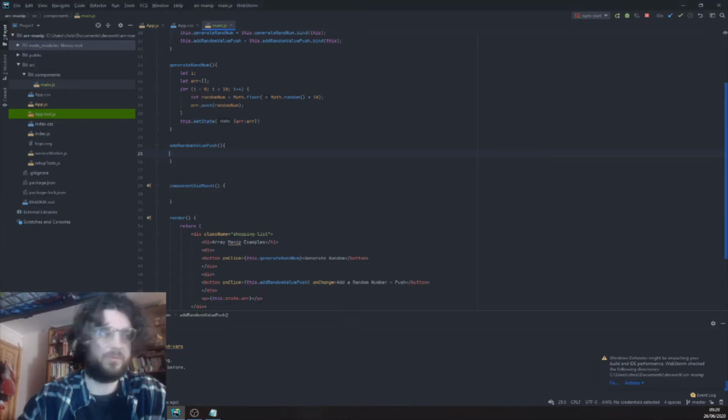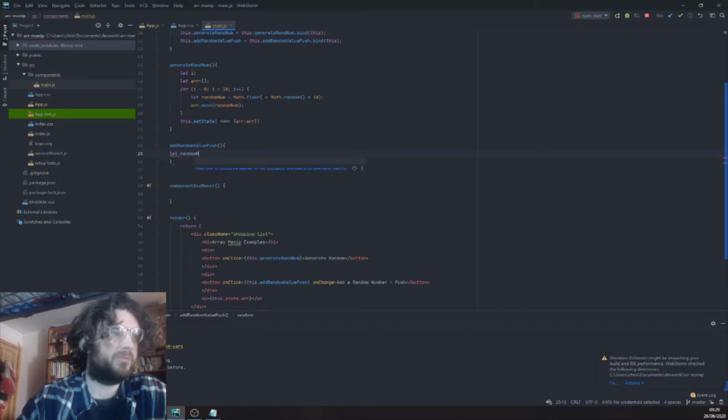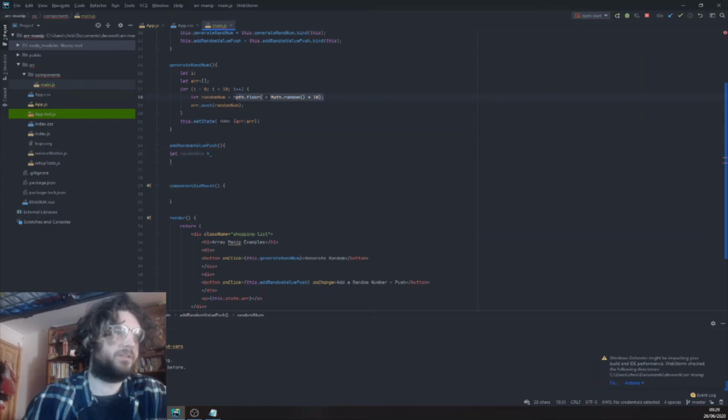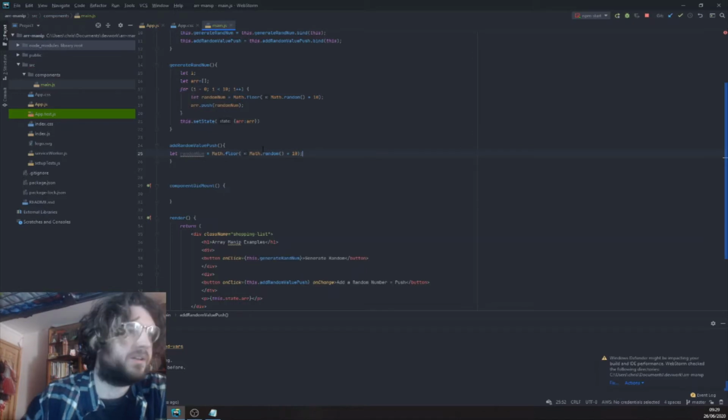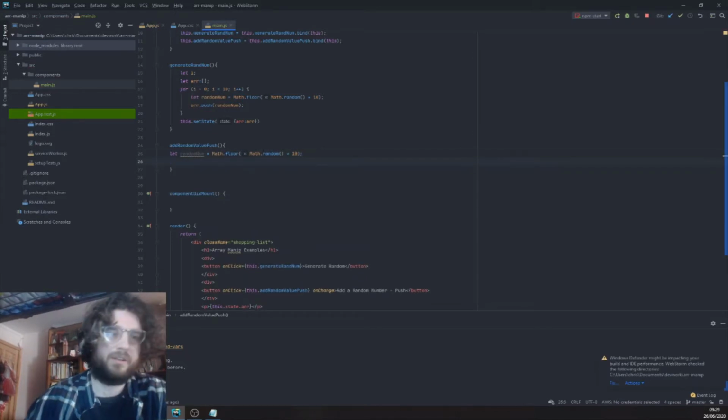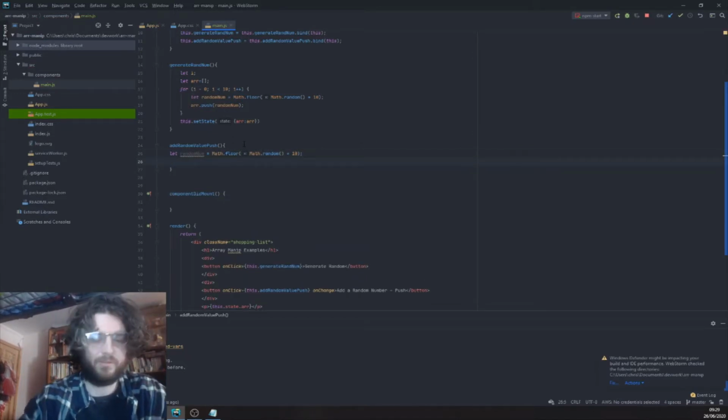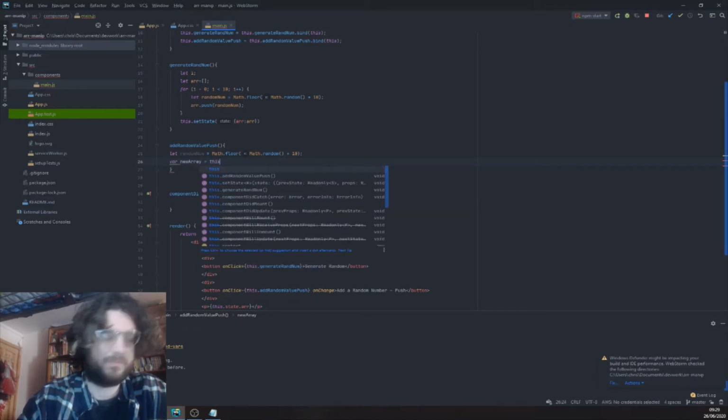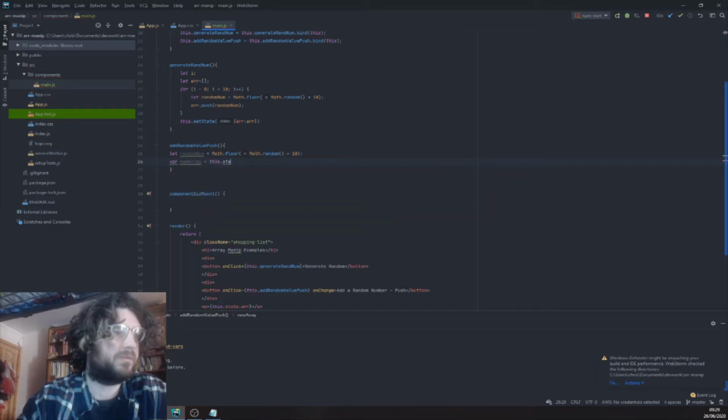So we're going to create a variable, let random number equal, and then just copy this because it's just going to be a random number again between 0 and 10. Okay, then we're going to do this. We're going to use the slice method to grab the array, new array, because this dot state